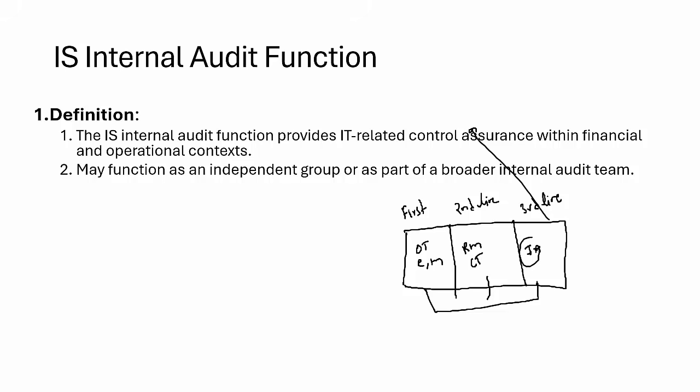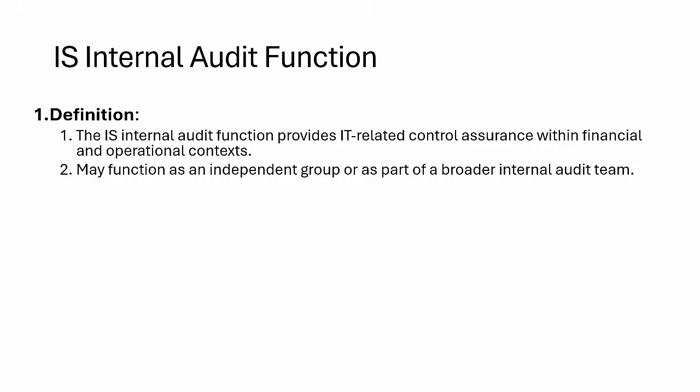In layman's terms, in the first line the sales team follows the company data protection policy. The second line, the compliance team, monitors whether the policy has been followed. And the third line, internal audit, evaluates both the sales team and the compliance team for their effectiveness and provides an independent viewpoint to the board. Now, why am I talking about this? Because now we're talking about how to build internal information system audit functions.